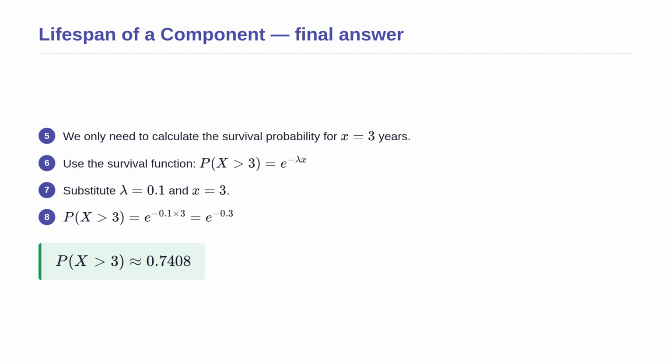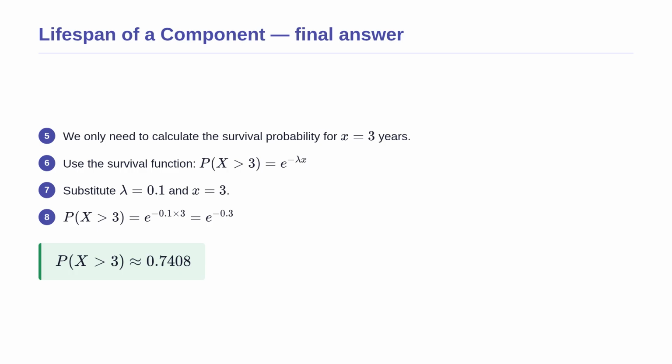Continuing with our solution, we completely ignore the 5 years that have already passed. The formula only cares about the future time window we are analyzing, which is 3 years. We plug our rate parameter of 0.1 and our target survival time of 3 into the survival function. Multiplying these gives us e to the power of negative 0.3. Calculating this value gives us approximately